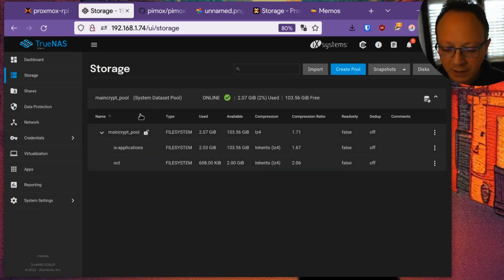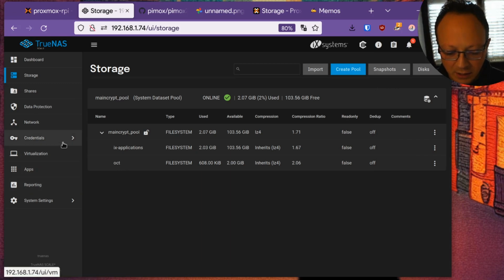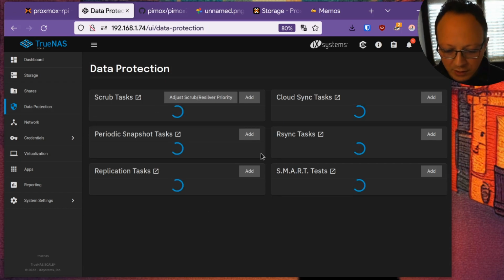Here you can find the storage pools, and if you want to backup this pool automatically, you can go to data protection, and as you can see here you can do recurrent tasks like periodic snapshot and or rsync to other places, and it's still loading because I'm recording and my computer isn't very powerful.